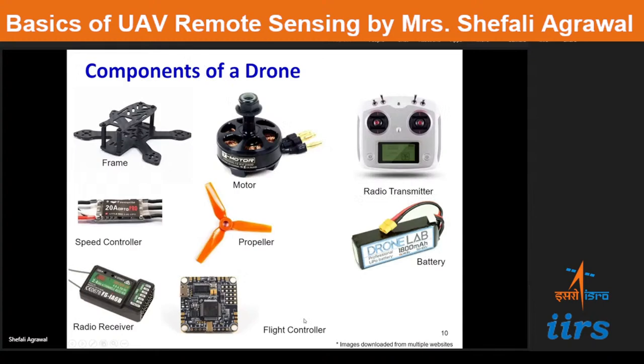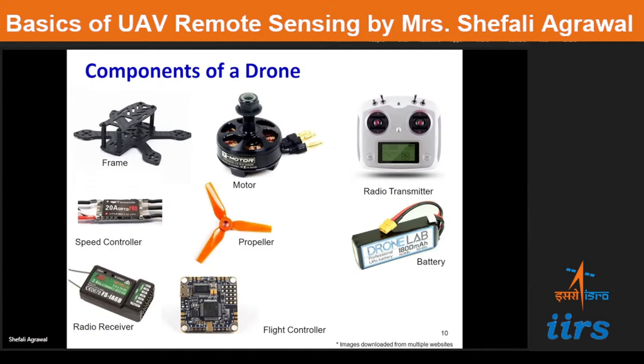So if I talk about them individually, you have a frame. Now this frame is made of different materials, plastics and others, but much more sturdy. It should have sufficient strength to hold the propeller momentum and additional weight for motors and cameras. So it should be sturdy enough, and have less aerodynamic resistance. This should be the property of